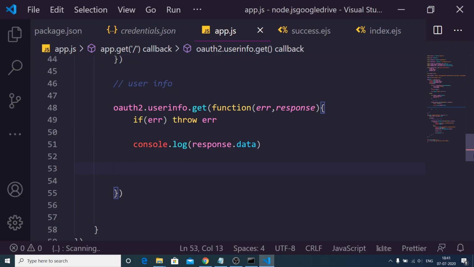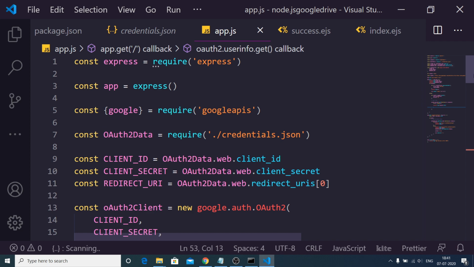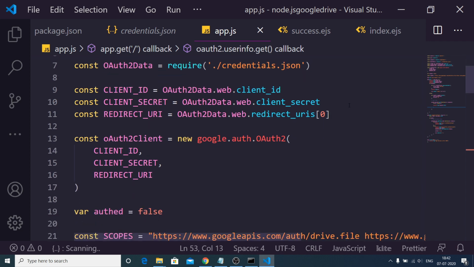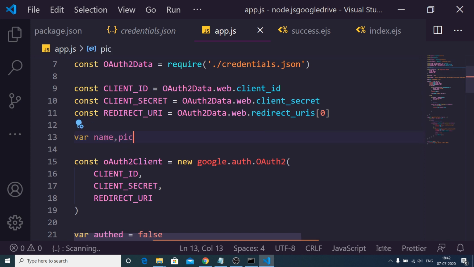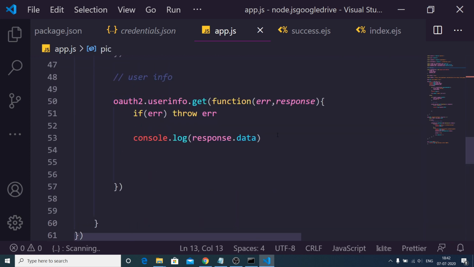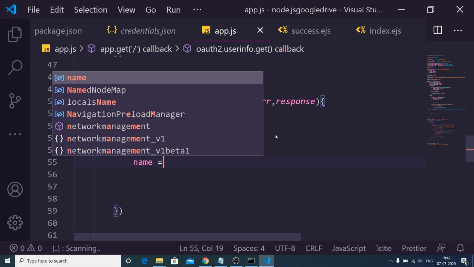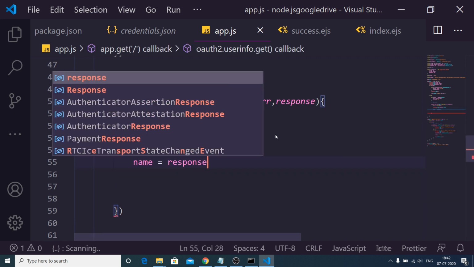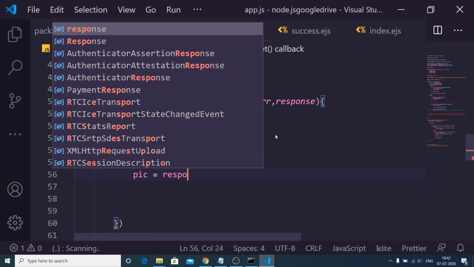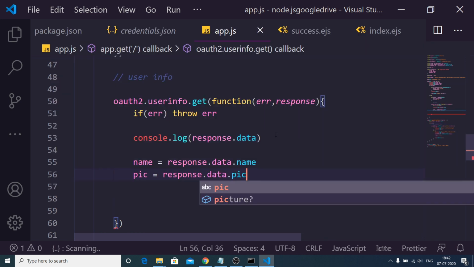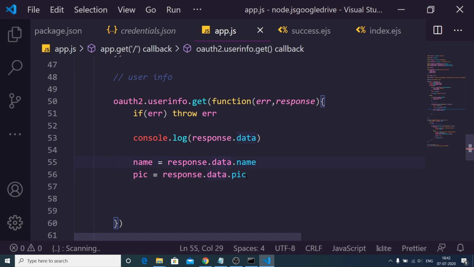I can make two variables right here at the top, let's suppose name and pic, and I can store the values here, which is name is equal to response.data.name and pic is equal to response.data.picture, sorry, this needs to be picture.